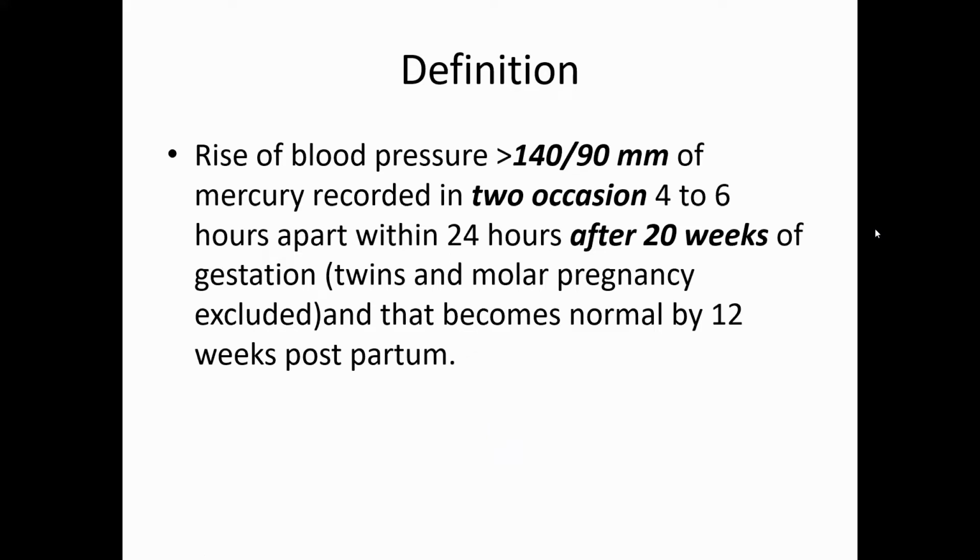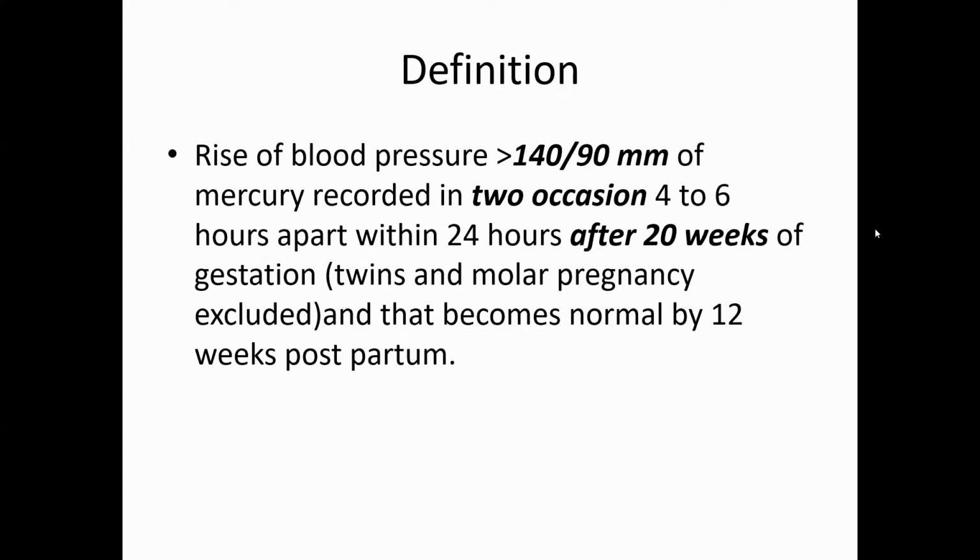Right? There are two or three criteria. The blood pressure criterion is one. Blood pressure should be more than 140/90, which are recorded on 2 occasions after 20 weeks of gestation. That means those patients who are previously normotensive, if their blood pressure becomes 140/90, we label them as a case of hypertensive disorder in pregnancy. This means like before normotensive, then we label this.